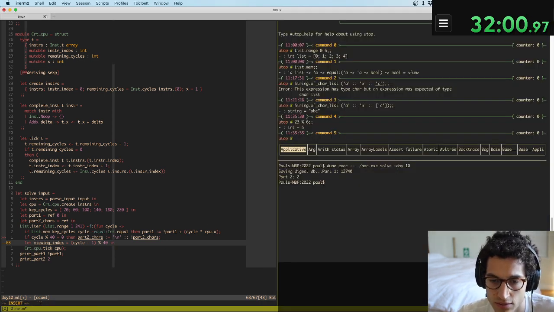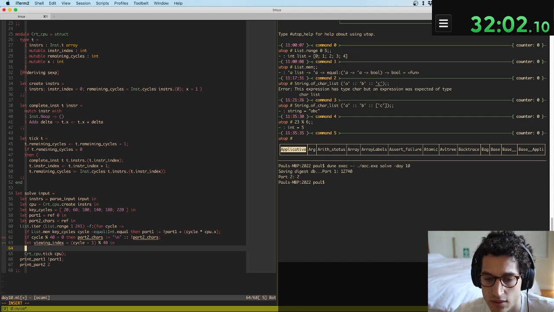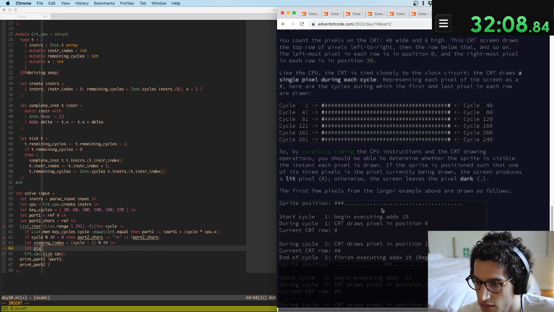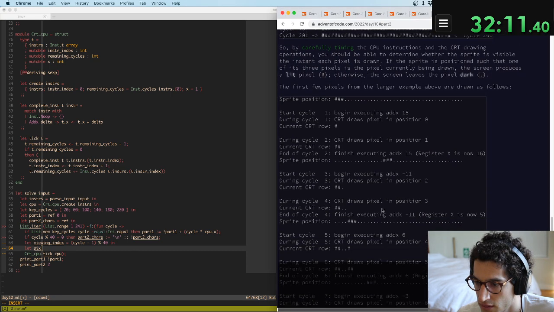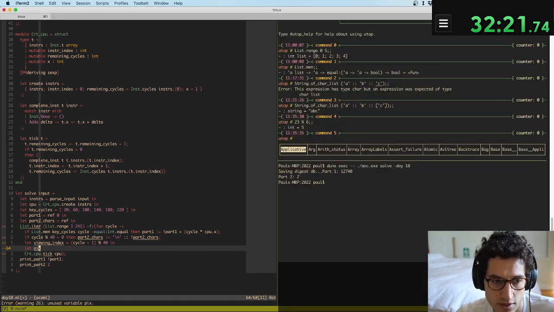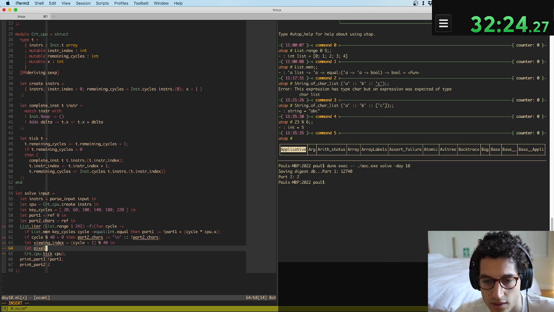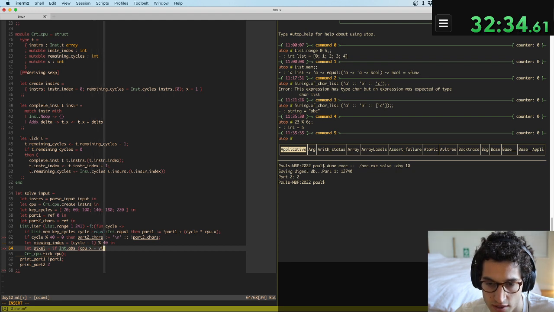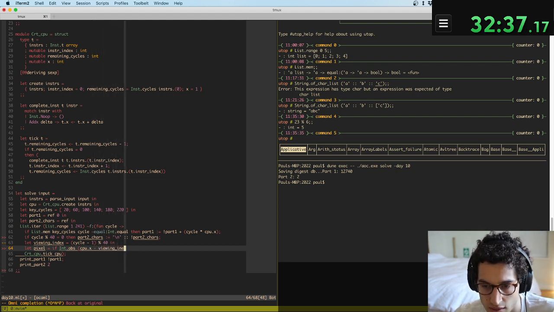And so let pixel lit pixels a pound sign equals if cpu.x int.abs of cpu.x minus viewing index